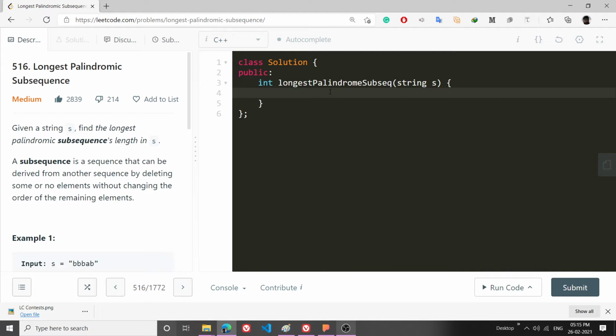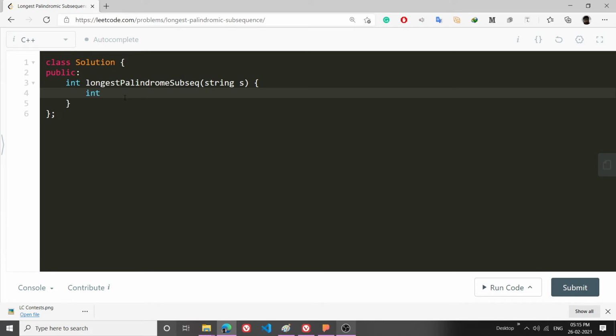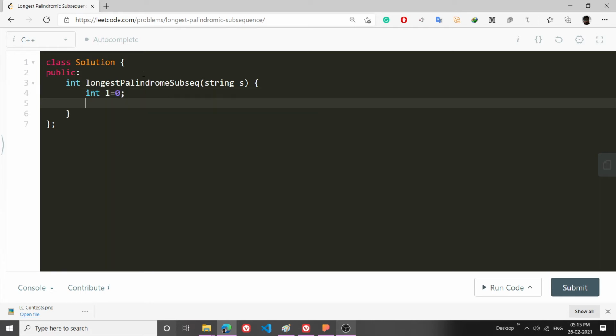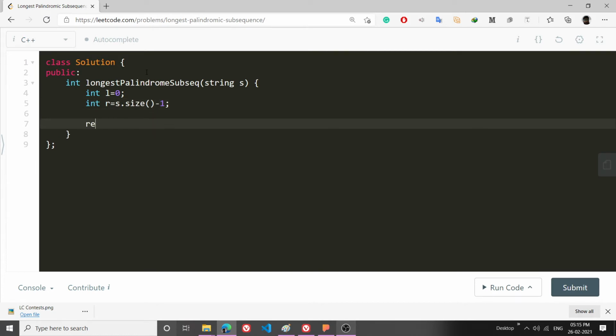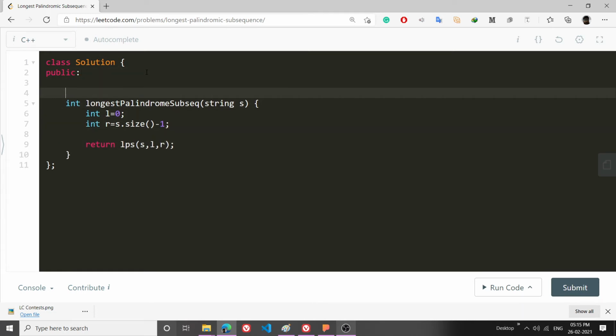What I'm going to do is make two pointers: int l is equal to 0, int r is equal to s dot size minus 1. Now I will make a function called lps that will return my length. So lps will have three parameters: s, l and r. So int lps, string ampersand s,